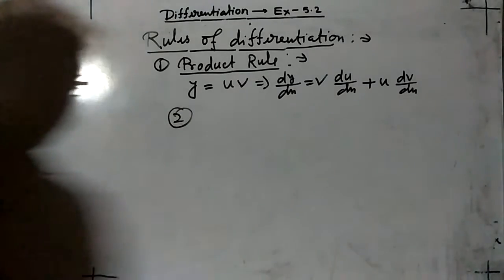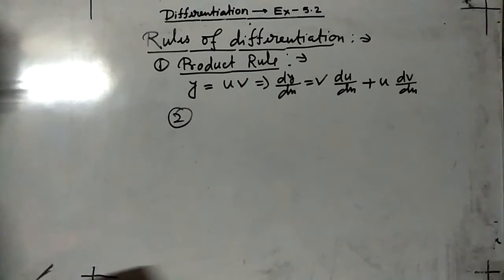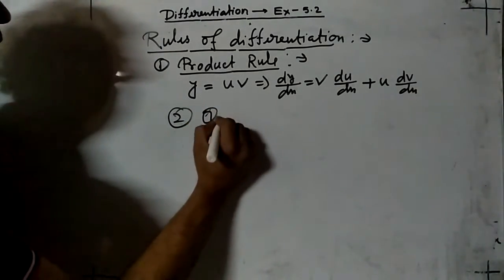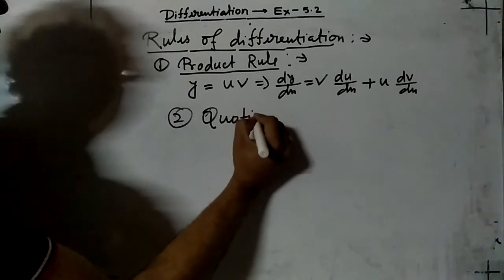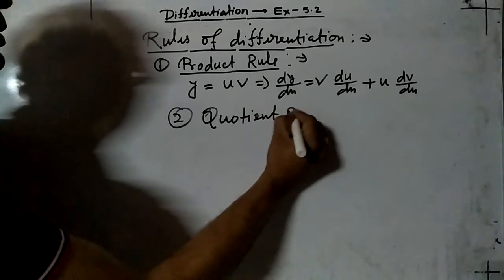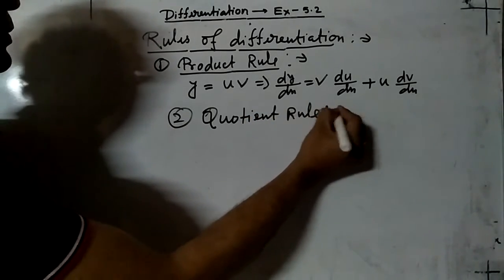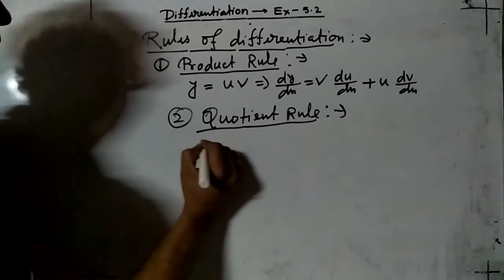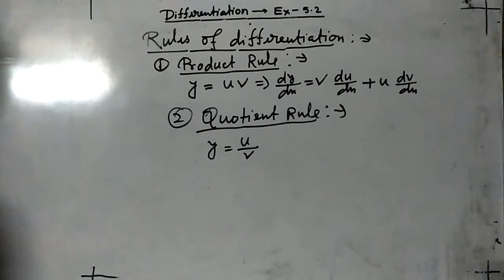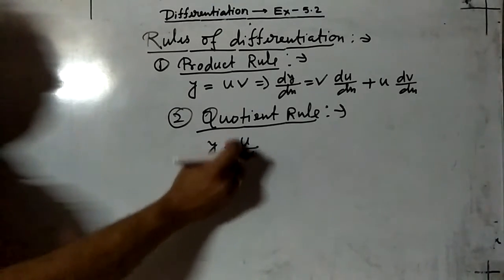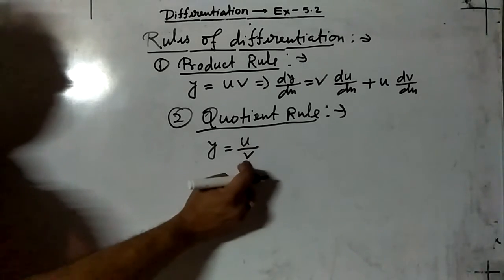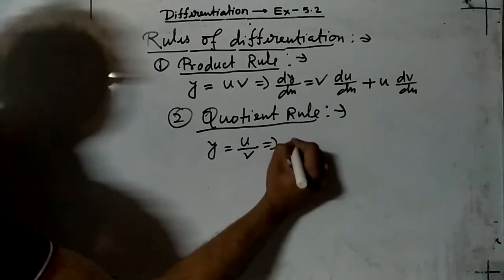Number 2 is quotient rule. Second is quotient rule. So if y equals u by v, that means division of two functions. If you are getting a function in this form, u by v, then its derivative with